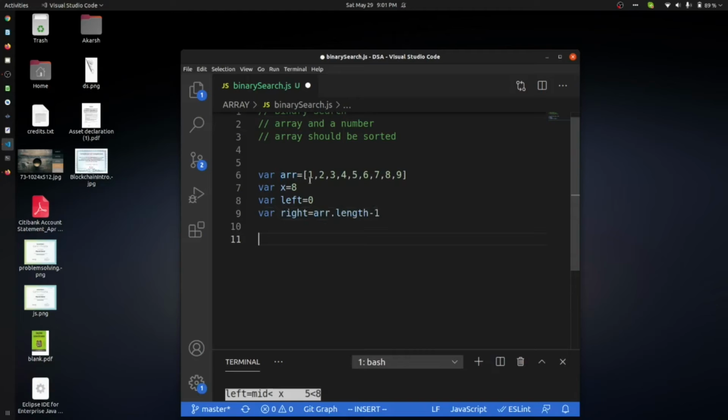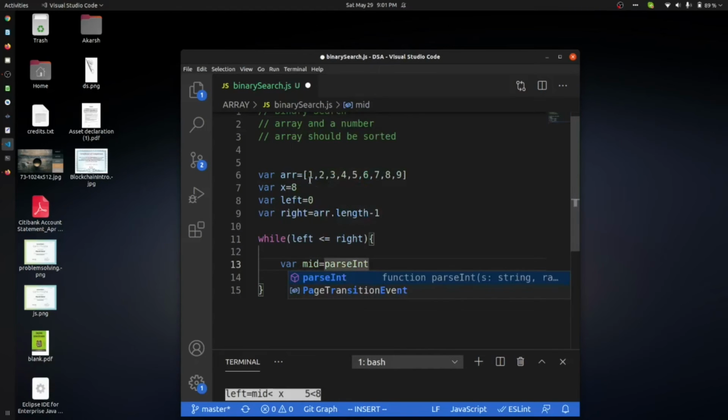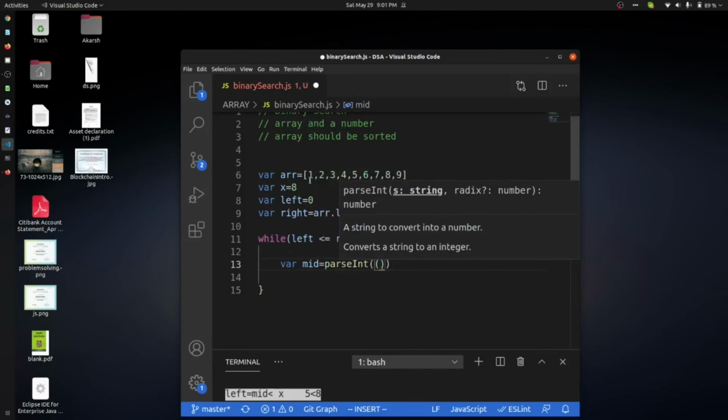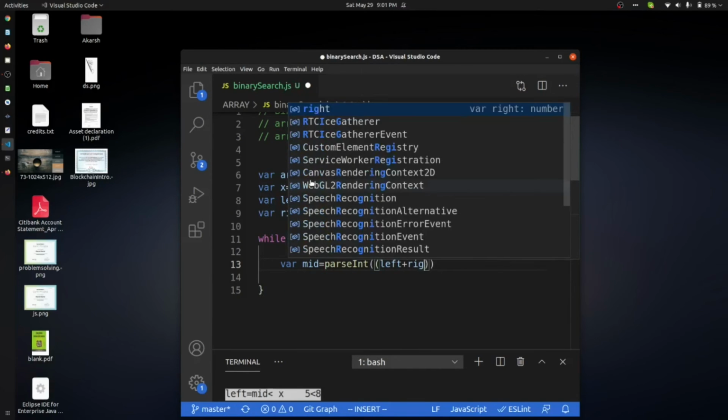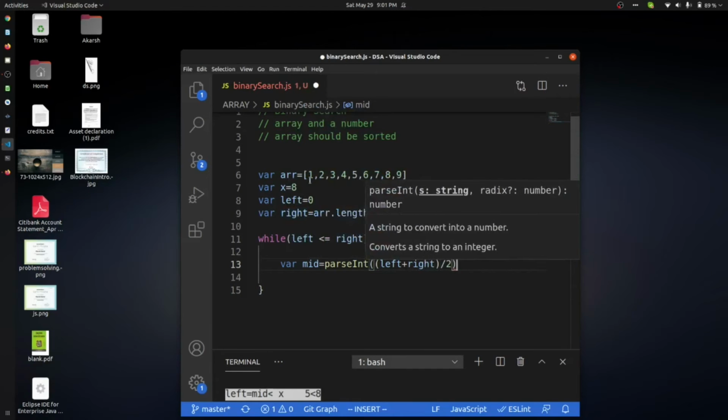Okay, and now, like we talked about in our example, while left is less than or equal to right, until then I have to check, and we will have a variable mid. We will set Math.floor inside that, left plus right divided by 2.